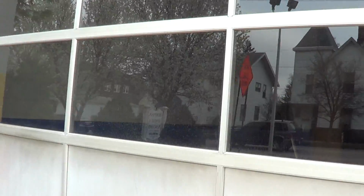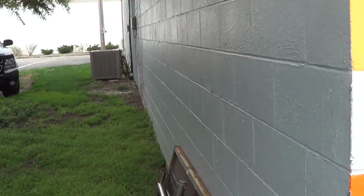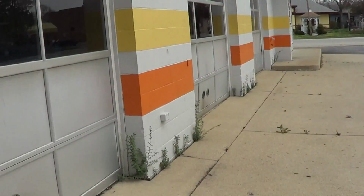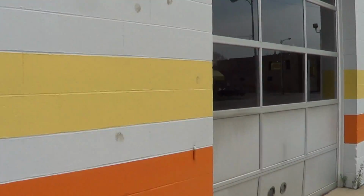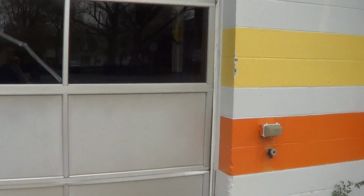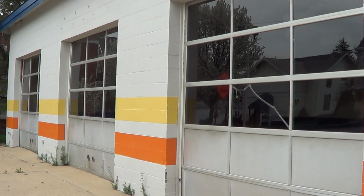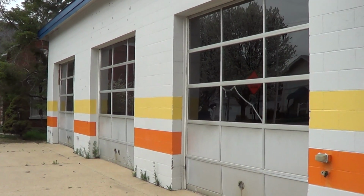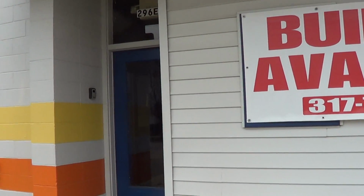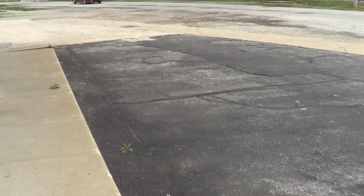Now, what came in here next, there's not really anything around here. I don't think I want to walk there. It was an EMT service, and that's what occupied this building next. And as you can see, this is where the garages would be, where they would service cars, because this is not really even a gas station. It's a former service station, meaning they could do oil changes, they could do all kinds of car maintenance, not just gas. Here is the store where you would pay or buy cigarettes, or, you know, what other